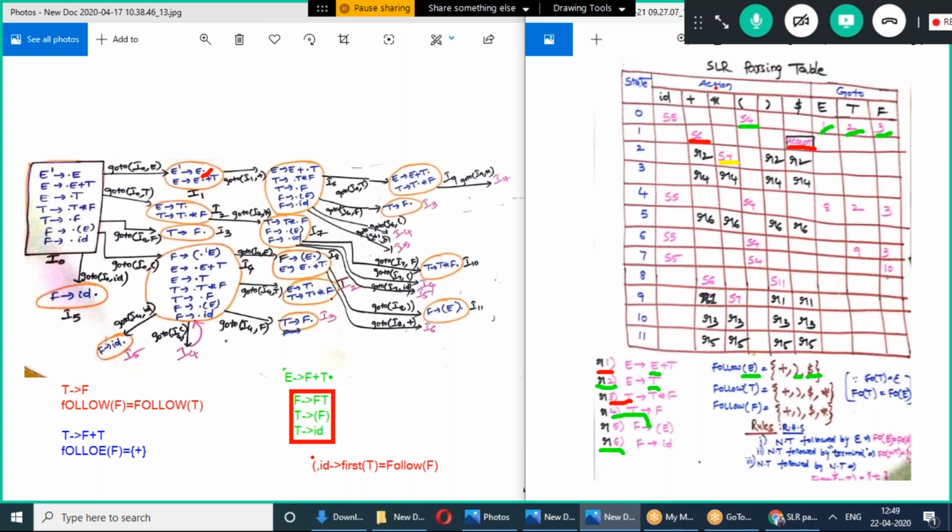The reduce operations we write in the action table by using the follow of the non-terminal symbols, and we write reduce of the number by using the given grammar's numbers, 1 2 3 4 5 6. Reduce 1, reduce 2, wherever the final item occurred in the canonical set of items, there we write the reduce operations by using the follow of the non-terminal symbols E, T, F. Okay, this is the way of constructing the SLR parsing table.